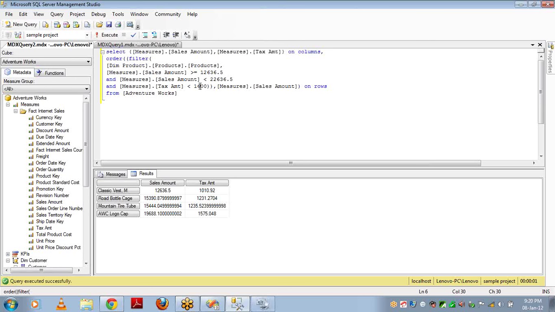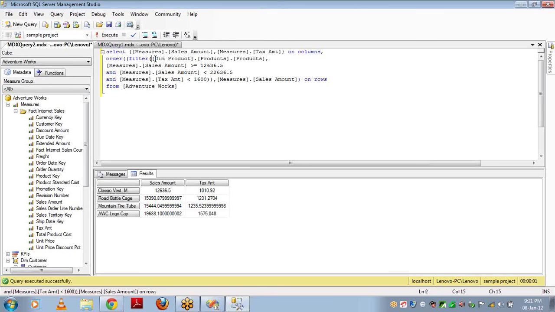Now let's see, this is fine. It is working fine, and I am able to filter on an attribute level or a hierarchy level, or a tuple or set. You can use a tuple or set here. It's not a simple number. You can use a level, a set or a tuple here in the place of the first parameter.